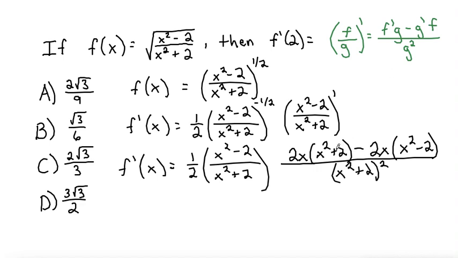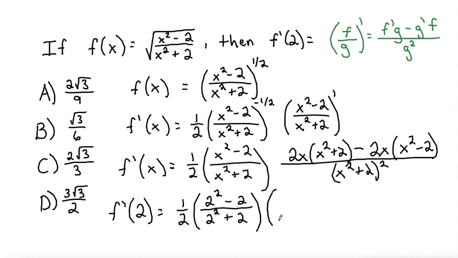Okay, so in this problem, I used the quotient rule. I also used the chain rule because this was a chain rule with an outside function and an inside function. From here we can simplify, but because we're looking for f prime of 2, I think it's helpful to just go ahead and substitute 2 in so we can simplify easier. So that'll be 1/2 times (2 squared minus 2) over (2 squared plus 2)